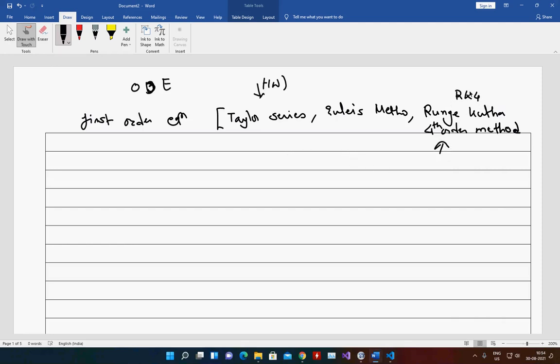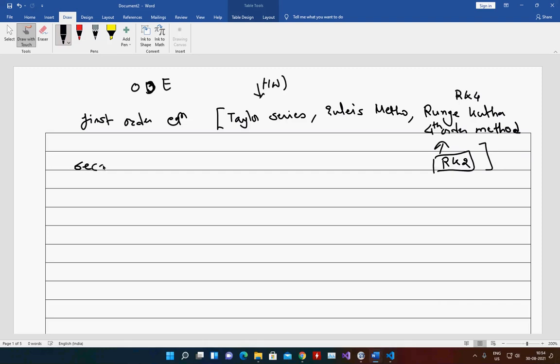But problem is that we cannot go RK4 without going to RK2. So though RK2 is not mentioned in the syllabus, we have to study this, then only we can go for the RK4. So this is for the first order method.